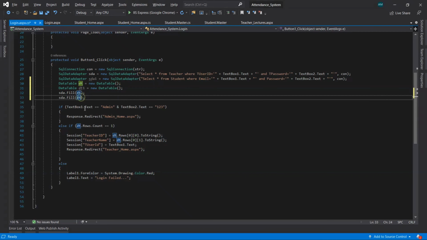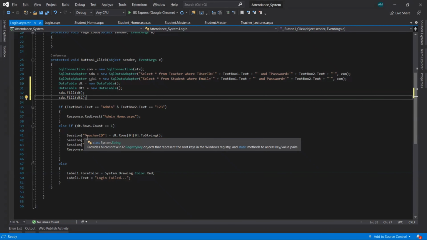Now it is going to get the records from the tables and fill the data table object. Now we have to check the condition whether the data rows count is equal to 1. That means if any data is present in that data table, we are going to make that student log in.